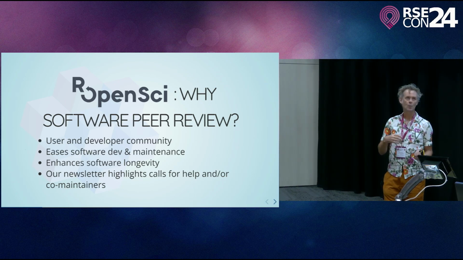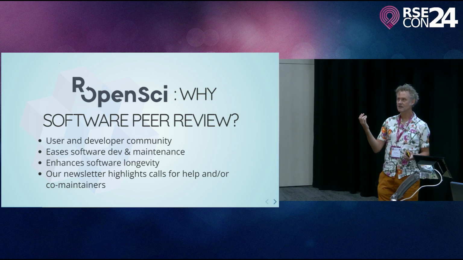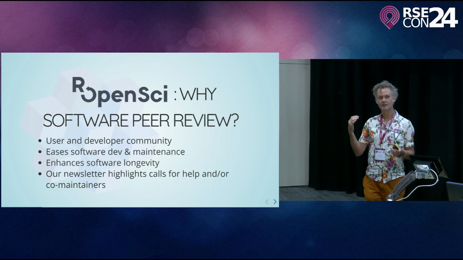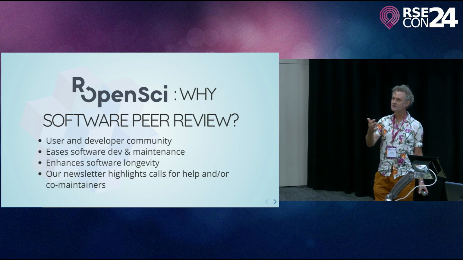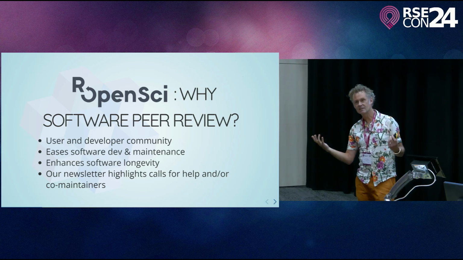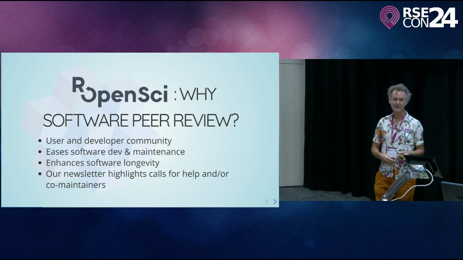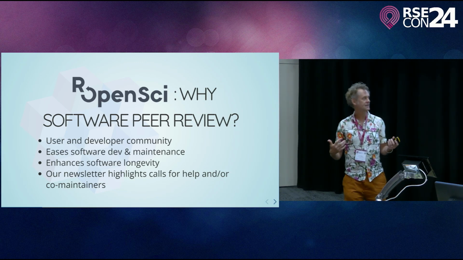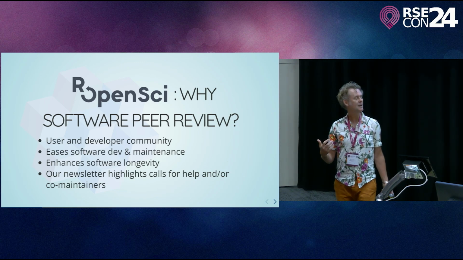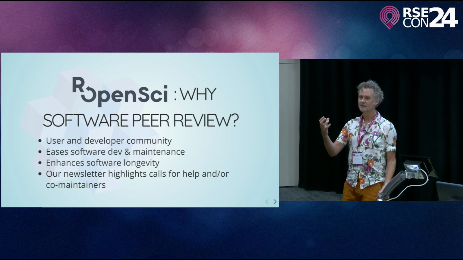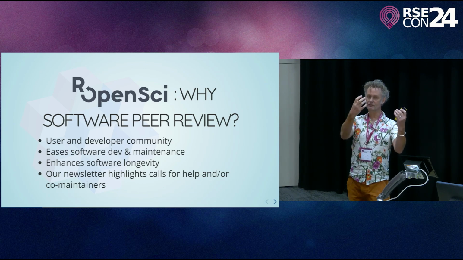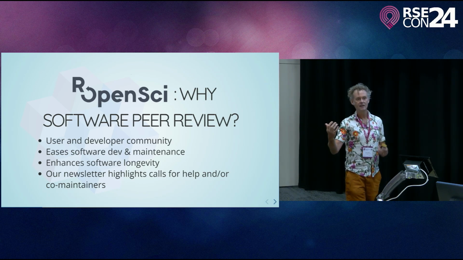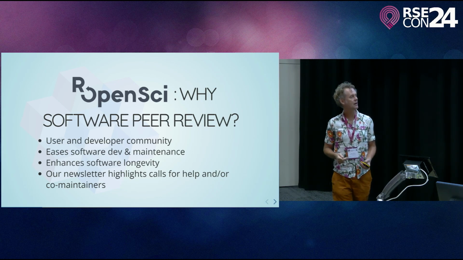One of the ways that this symbolically happens is that rOpenSci software peer review generally ends with packages then being passed on in GitHub to the rOpenSci organization. JOS doesn't do this. You submit your package to JOS and you get to maintain complete control of it. This was just a decision that was made way back at the outset of the peer review process, and we've had a lot of conversations about potentially changing the implications of it. But one effect that it has is that people then transfer their software to rOpenSci and so engage in this symbolic activity of giving the software over to the community of rOpenSci. And we're convinced that part of that is what's helped build our community.